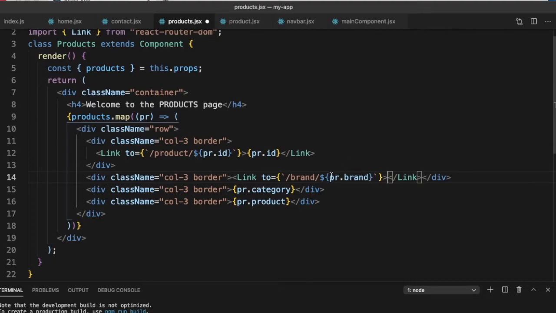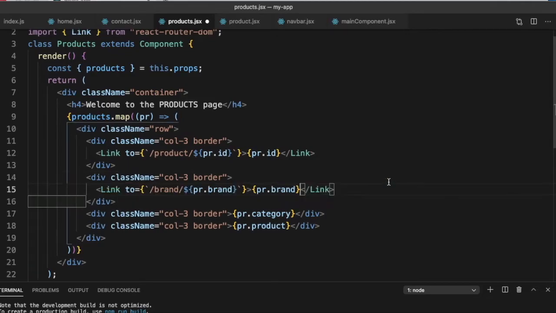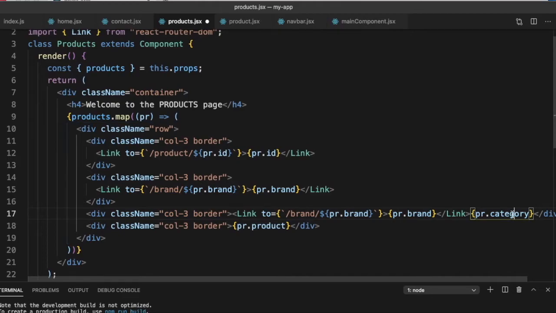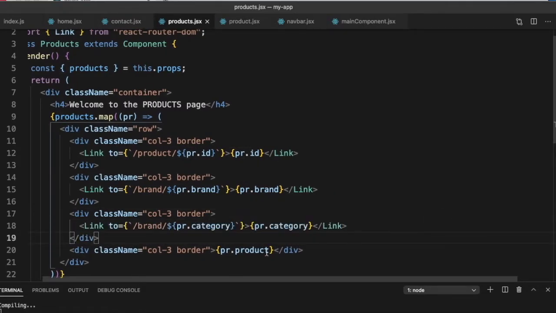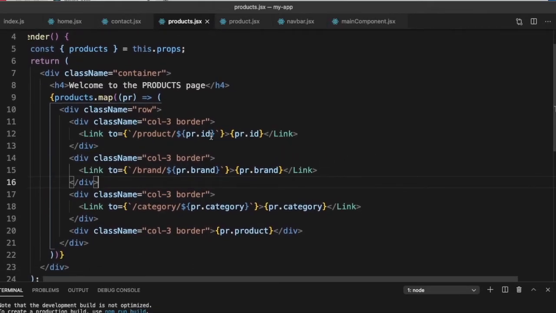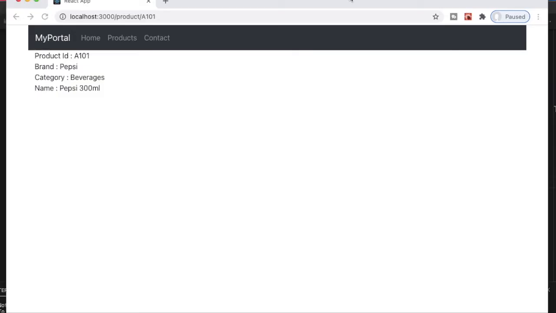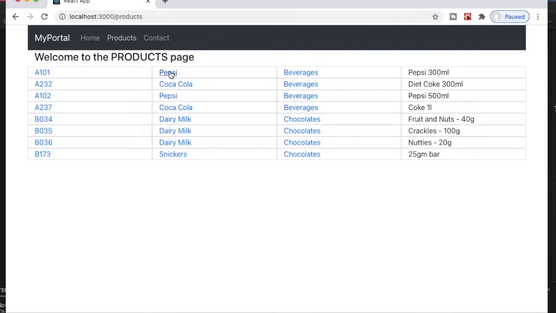And what's the value we want to display? pr.brand only. So let's just put that here. Similarly, let me just copy this link and put it here. And we want it to be category here, and it is /category/${pr.category}. So we have created links here. If we go ahead and check, we can see these are links. So those links have been created.